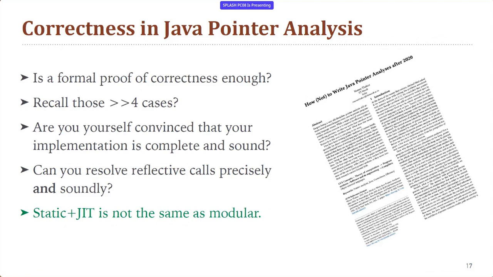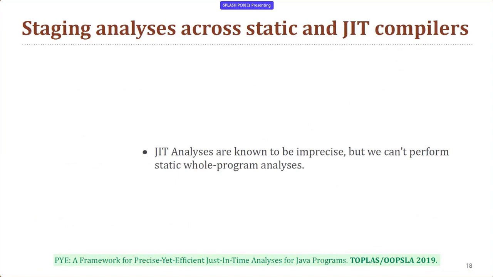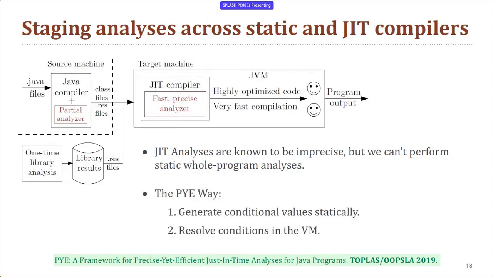Okay, let me first tell you why I am calling it modular analysis. JIT analyses are basically performed over the methods that are compiled at JIT time, and they are imprecise because you don't have the budget to analyze the whole program. On the other hand, if I want to perform static whole program analysis, I don't have libraries available. The code of the libraries can be different for different versions of the libraries. So I can perform intra-procedural analysis statically for the application and then scale it or complete it by including the analysis of the libraries while I move to the JIT. But is